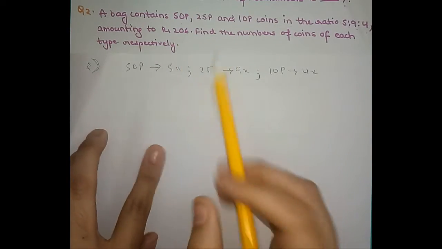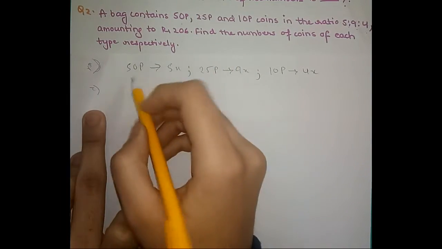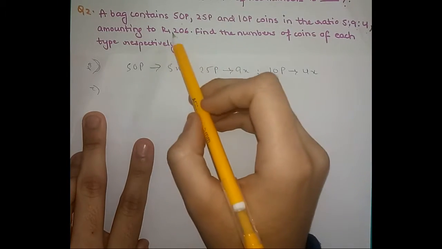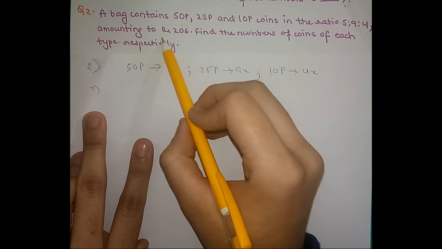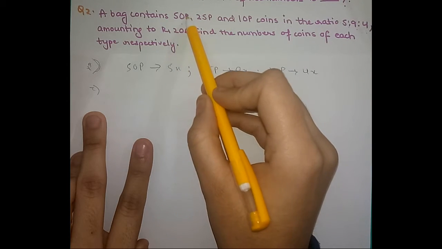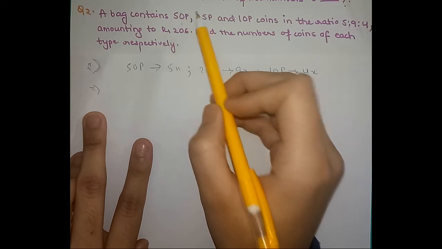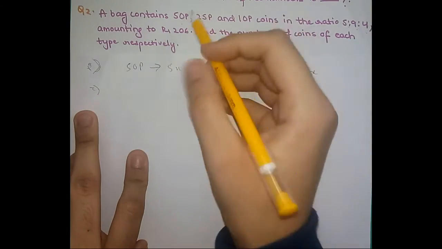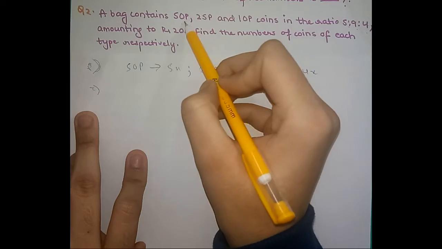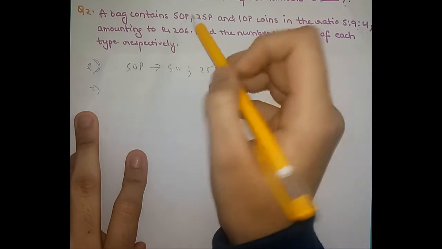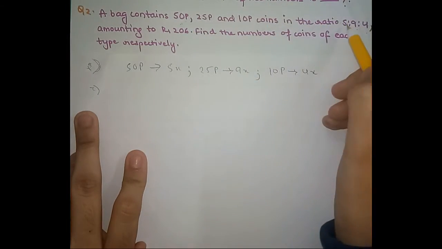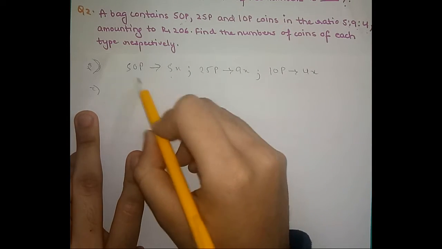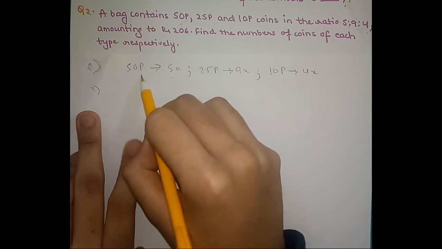So what we can write is the equation, frame it as, also you can say that the amount that you have been given is in rupees, right? So we have to convert this paise into rupees. So how will we convert it? We will be converting it as 50 paise will be equal to 0.50 rupees, right? And this 0.50 is amounting to 5x, right? It has 5x coins in it. Therefore the total amount of this 50 paise will be what?